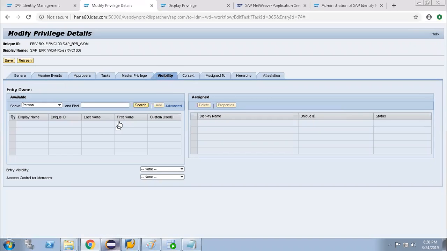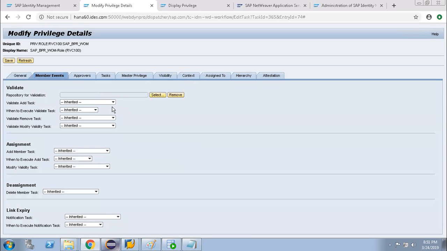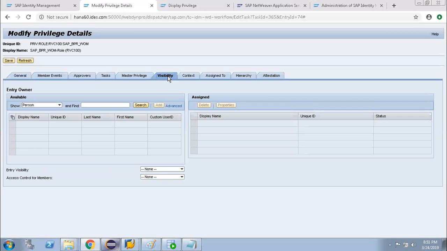Whenever the roles are created or assigned, and any kind of change happens in this role, in this privilege, let's say the general display name or member event is getting changed, or something within the property of the role is changed, the owner needs to be updated, not the approver.